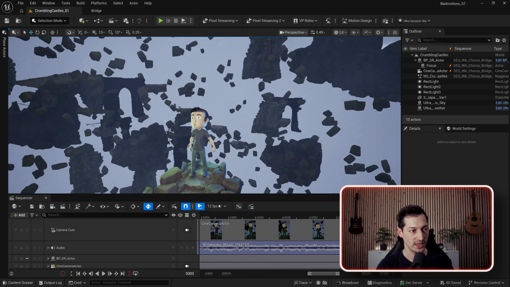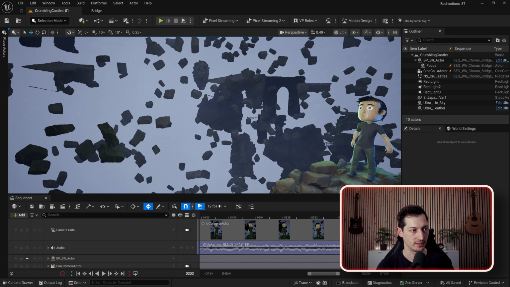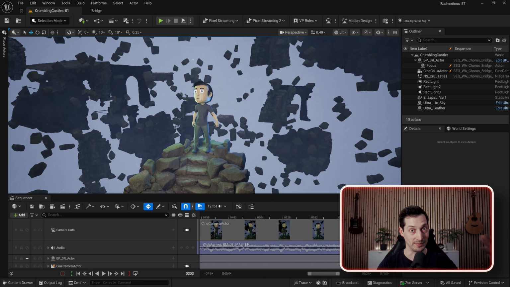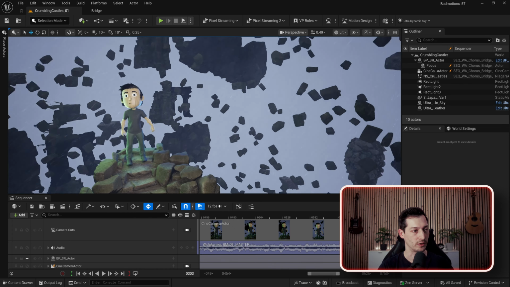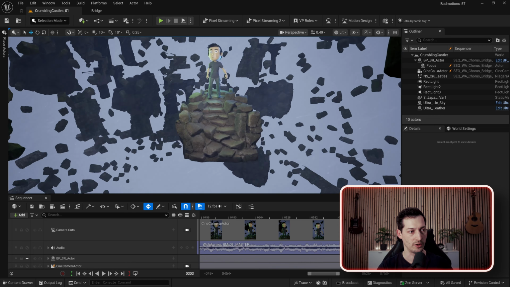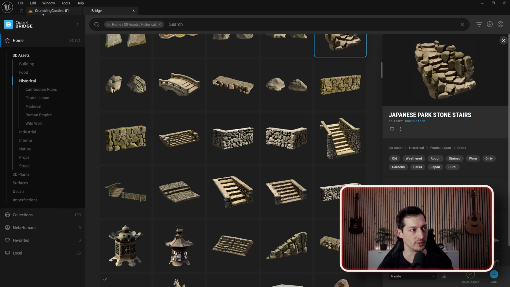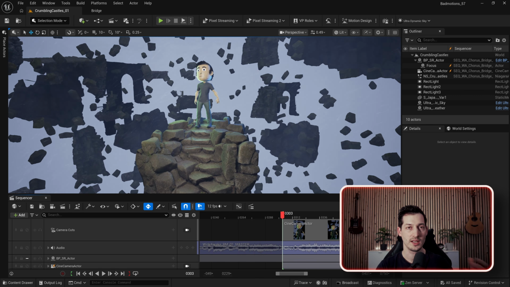Okay, so I've done a bit of work and tried to implement the idea that I had in my head. And in my Unreal editor, you can see the scene that I've built. So I have these floating ruin stones, like the crumbling castles essentially, that are floating around my character that is standing on these stairs. All of these are Quixel Megascans, right? Because they just look great. And I've set up the animation that I've already had for the body and the face. So if I play this now,